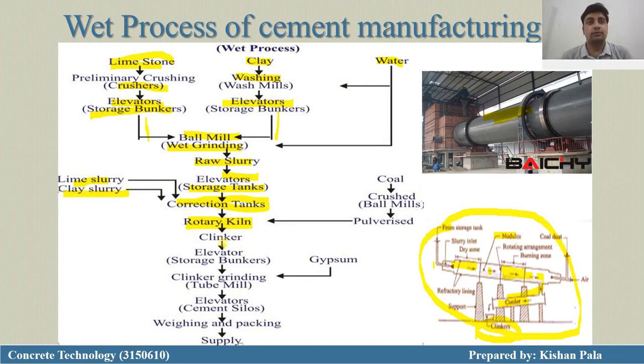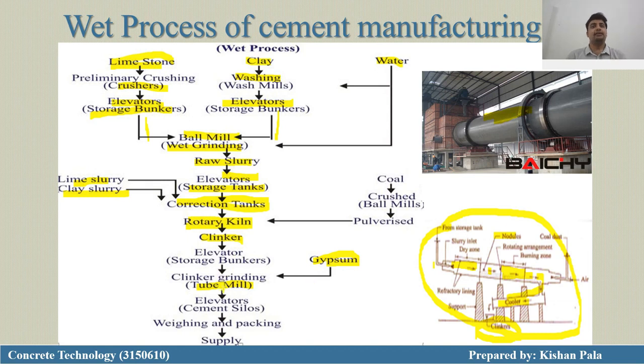Once again we come back to our chart, the rotary kiln. After the rotary kiln we get the clinkers, and these clinkers are fed to the tube mill with the addition of gypsum. Why are we adding the gypsum? For preventing the flash set of the cement. So we have to add 2 to 3% of gypsum for preventing the flash set of the cement,